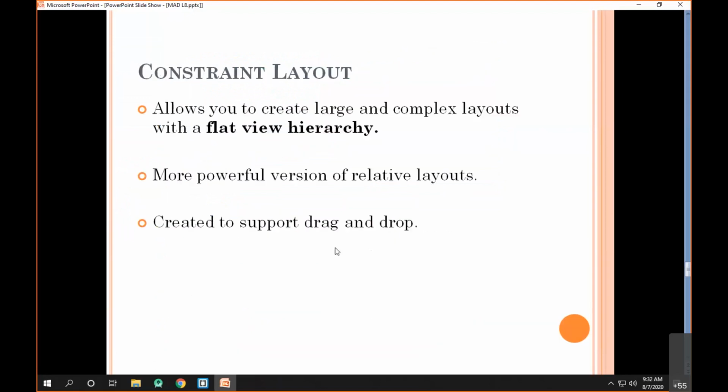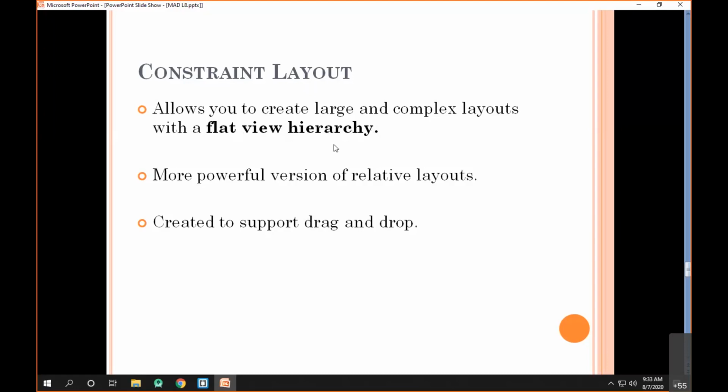The next one is basically called the constraint layout. As we said very initially, the constraint layout is a new addition done last year for Android app development. As the definition says, the constraint layout allows you to create a large and complex layout. When you want to design a very complex layout, we were initially using relative layouts, but now it is suggested that using the constraint layout is a better solution. The important feature of the constraint layout is that it can create a complex layout with a flat view hierarchy.